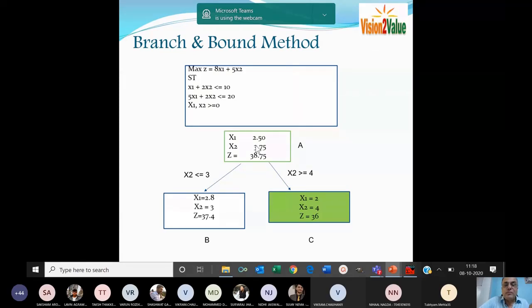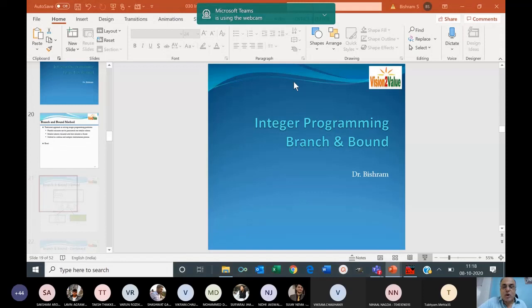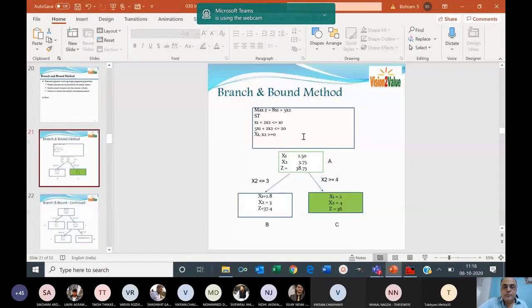Therefore, in the exam nobody will ask you to follow branch and bound to solve a problem, because this becomes too cumbersome. You will see in this example that one problem is equivalent to solving 7 LP problems. So obviously it won't come in the exam for writing. But for understanding, it could be a part of a conceptual note, or a conceptual question can be asked, but not solving. Now let us take this particular LP problem and go to Lingo.